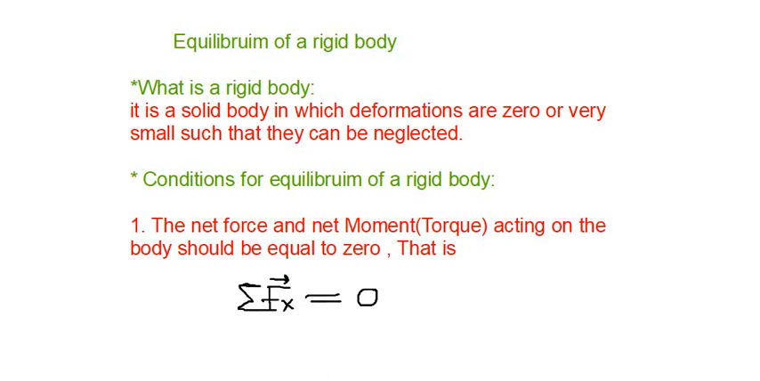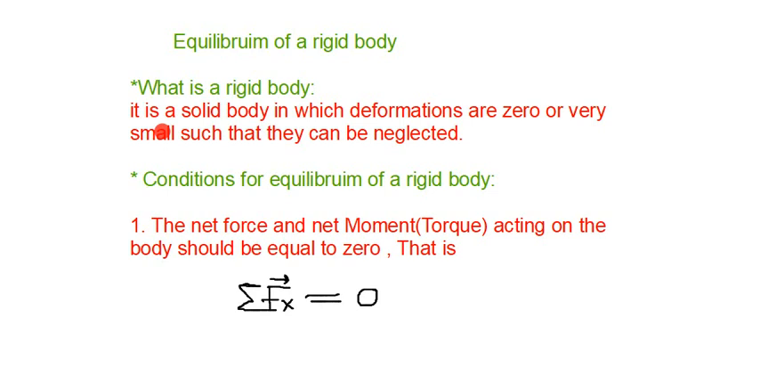Equilibrium of a rigid body. First, let's start by defining what a rigid body is. A rigid body, guys, is just a body in which there are no deformations. Meaning if we apply forces to that body, it does not deform, it does not change shape,